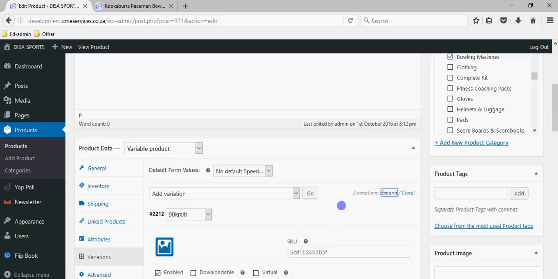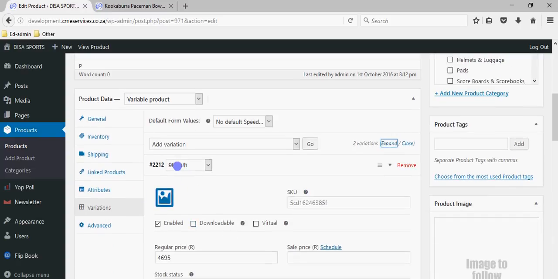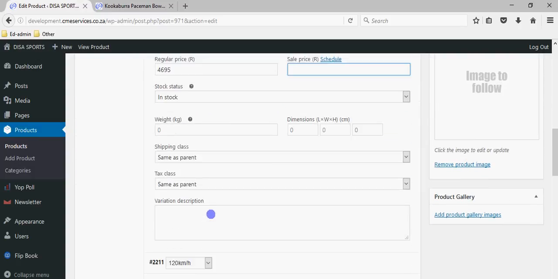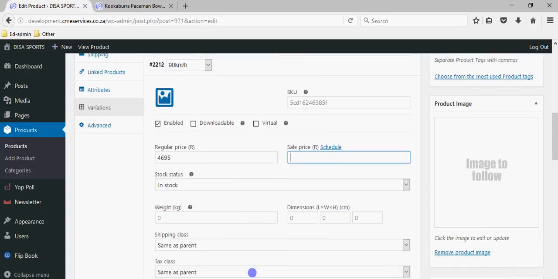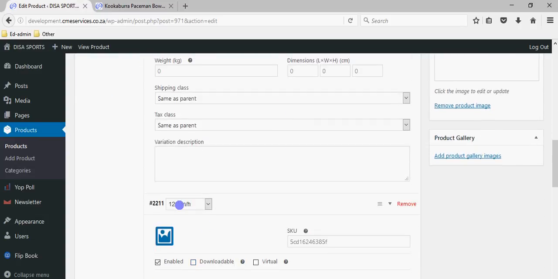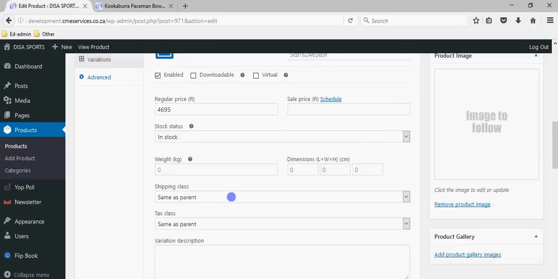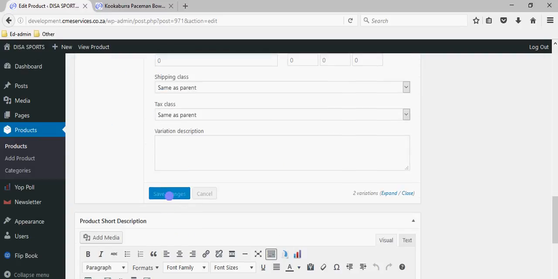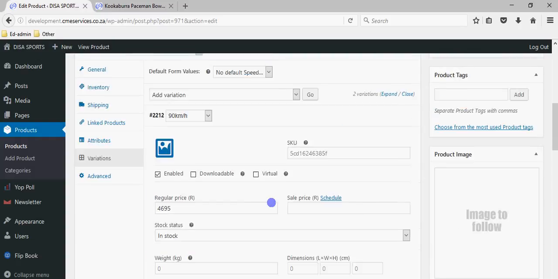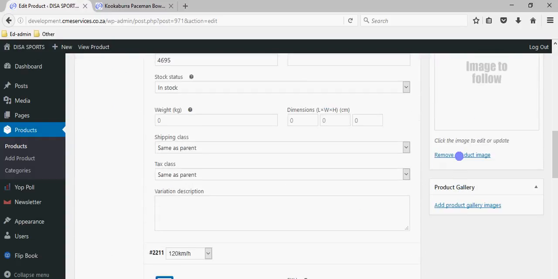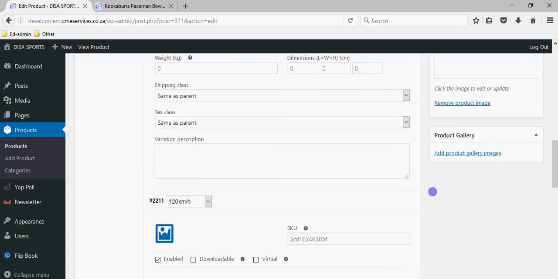If you expand this under variations, you'll see that this is a 90 kilometer variation, and there's the price for that. And if there's a sales price for that, you can put that in there. And then as you keep going down, I would ignore the rest of these options for that, but then you get your 120 kilometer option, and there's your price for the 120 kilometer option. And if you make any changes, all you do is you click on save changes, and it automatically updates. That's where you would change that, but otherwise everything else is the same in terms of the product image, and